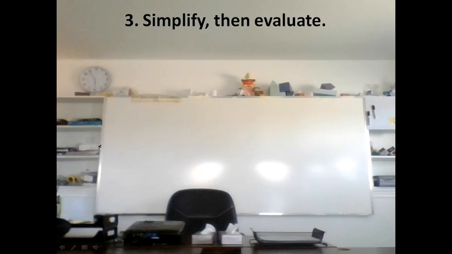The number 3, simplify then evaluate. When you're asked to simplify then evaluate, you need to use all of the exponent laws from this unit and the last unit in order of operations to change each expression into standard form. As an example, if we have 3 to the power of 2 times 3 to the power of 1 in